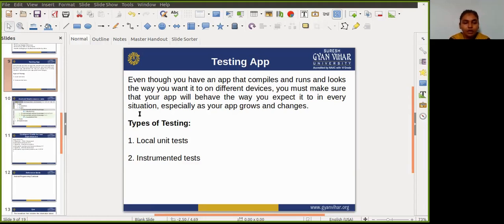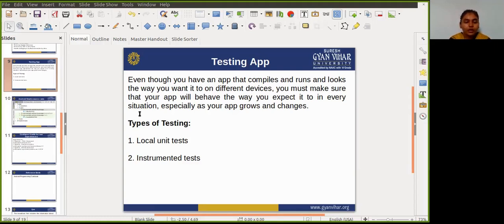Testing your code can help you catch issues early in development, when they are the least expensive to address, and also improve the robustness of your code.